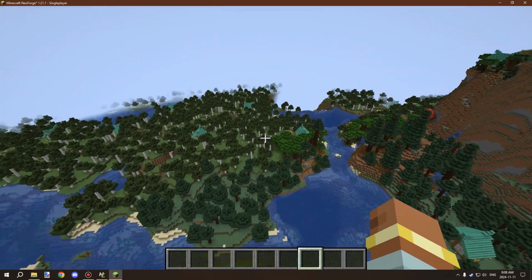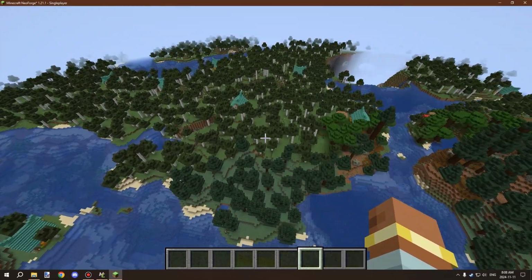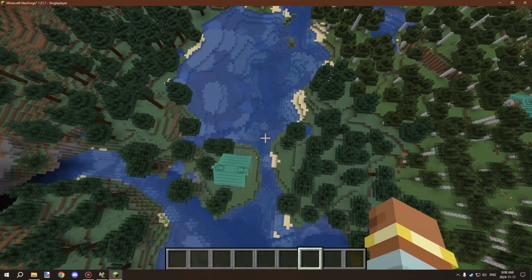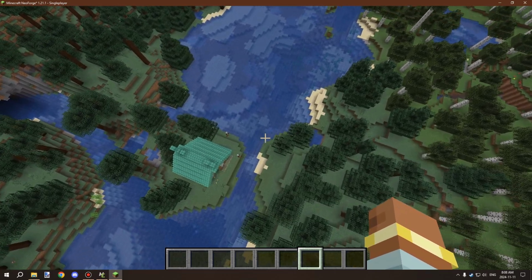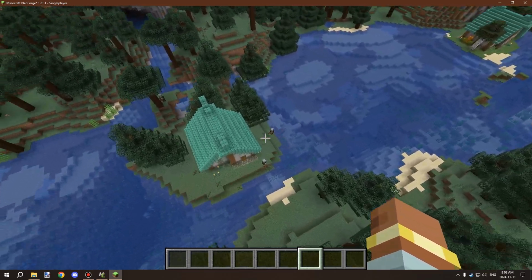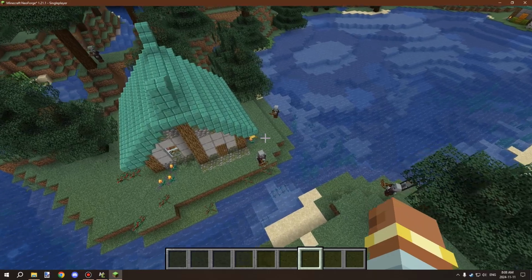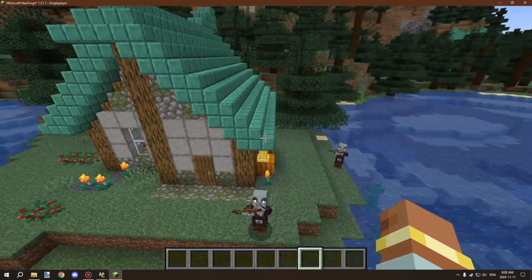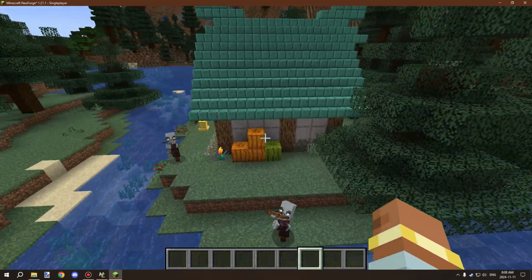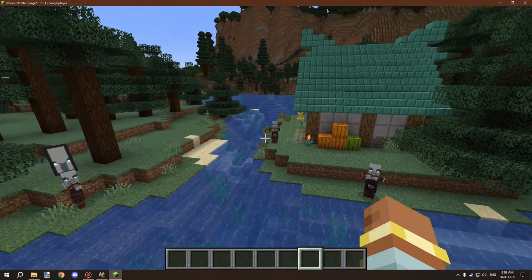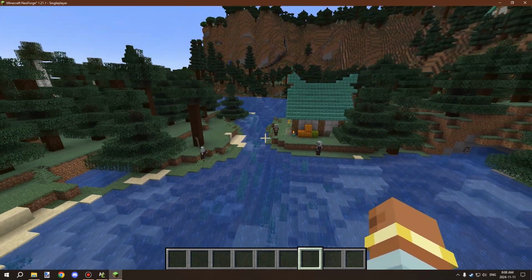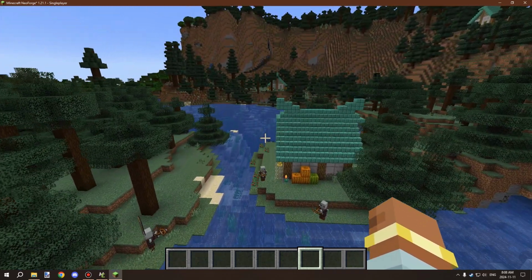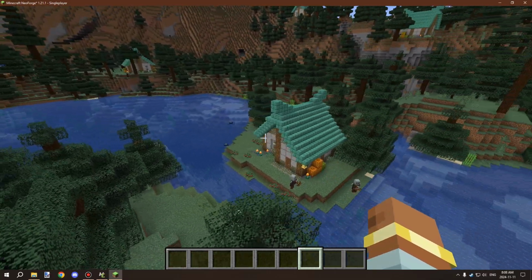Hello guys, and welcome back to another MCreator tutorial. So today what we're going to be looking at is mob overrides, which is a specific thing that allows you to spawn certain entities within a location, assuming that the conditions for the spawning for that particular entity are correct. So for example, if you wanted to